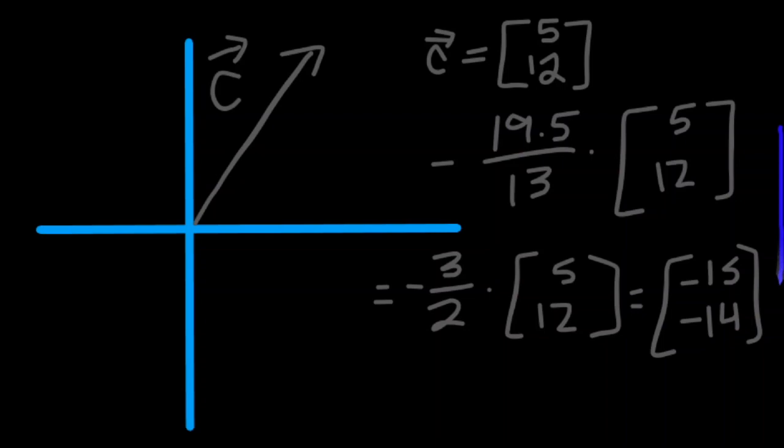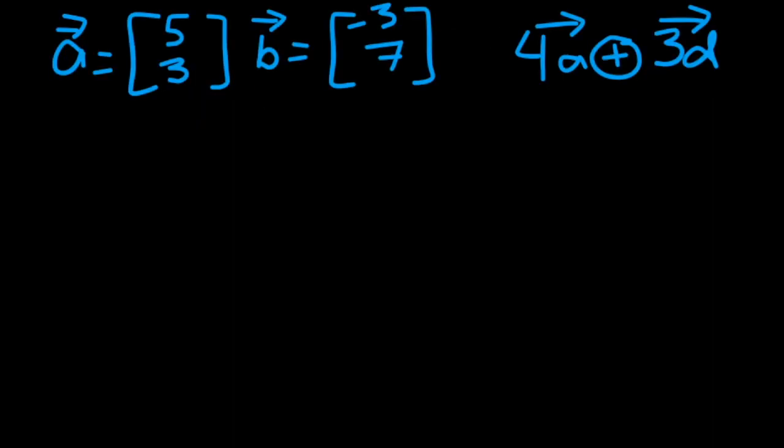This here is going to be in the third quadrant, which we can go ahead and do an approximate sketch, and it would kind of look like that. Next, here's a problem on resultant vectors. If we have vector A at 5, 3 and vector B at negative 3, 7, and we want to find